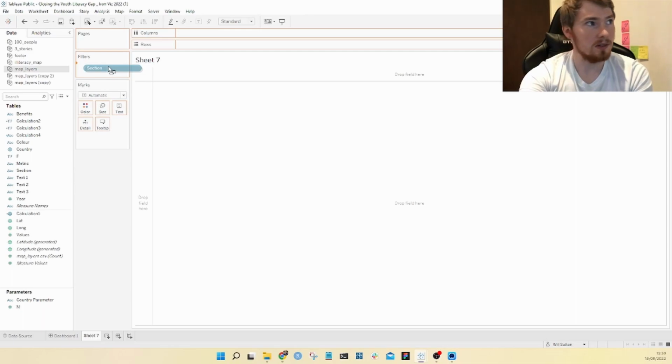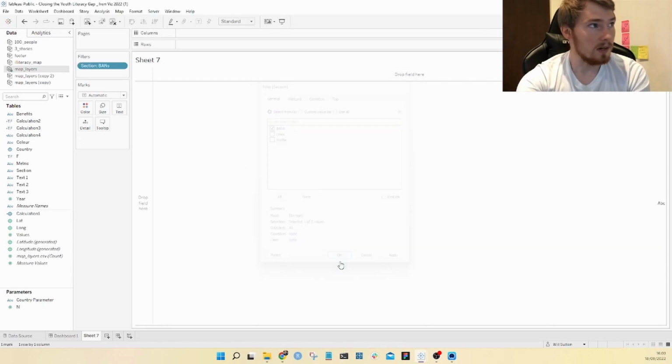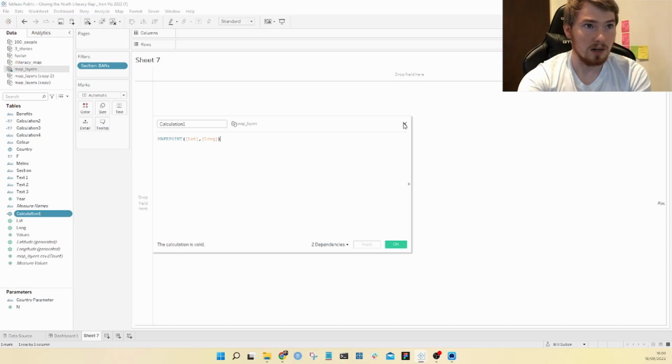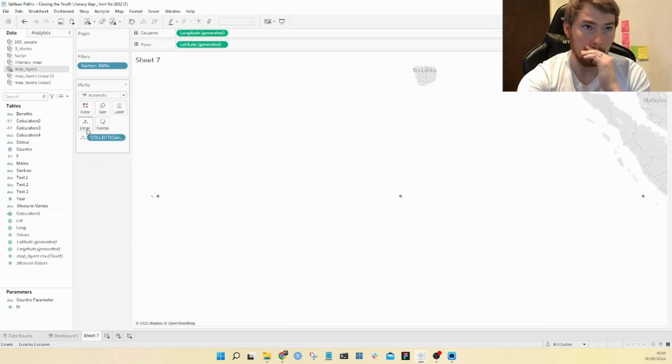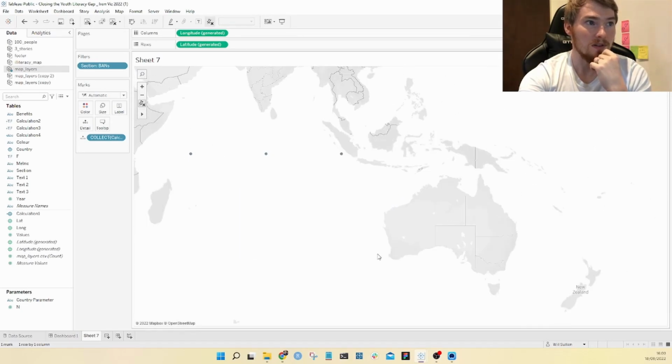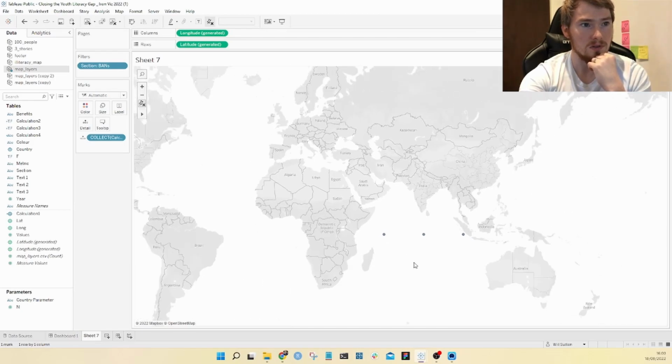So under one filter, I have a section, and the section tells me which bit it's going to be. This is all built out in Tableau Prep, so I could show different factors. So if I wanted to build out the bands, I could do band. I would then have my calculations, all tied to a latitude and longitude, those band numbers, those big numbers, and I could bring that onto that map here. So if we zoom out here, you can see where it is. It's sort of somewhere in the Indian Ocean. So these are my points here.